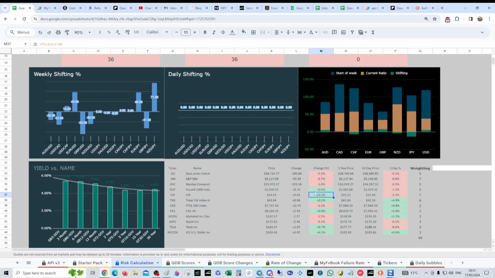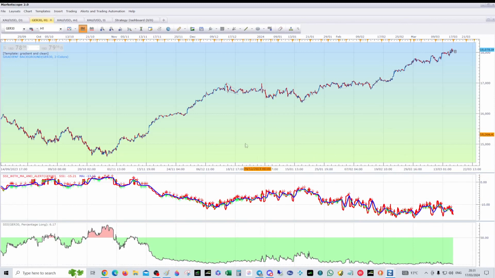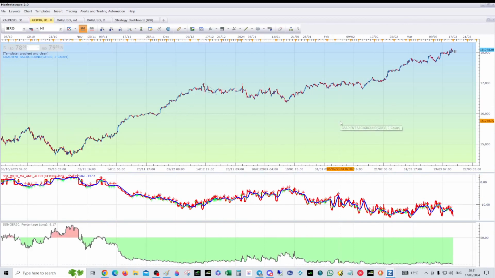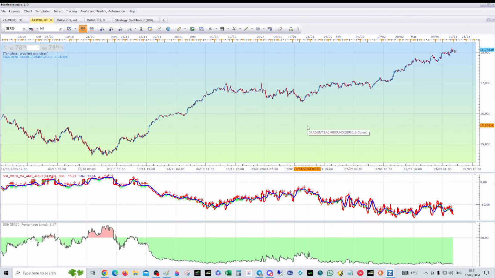All right, so the Russell 2000 did have an okay day, but the Nasdaq fell 1%, so it's a fairly heavy day there. So the VIX has been historically under pressure, and if they can't put it under pressure on a close of the week, then it might tell us that something's up, and we can have a look perhaps at your indices, for example. So what I want to say is the real world application for the Risk Calc.